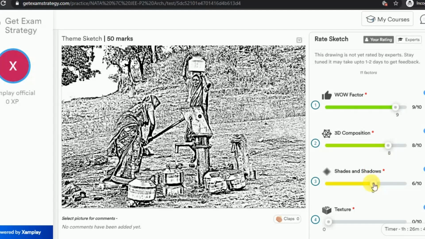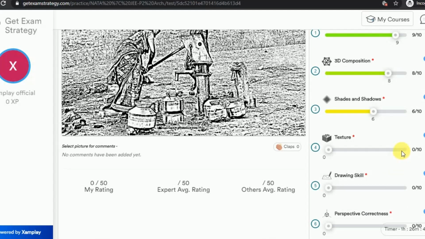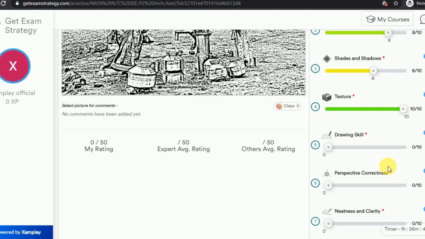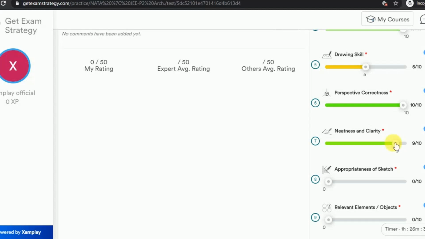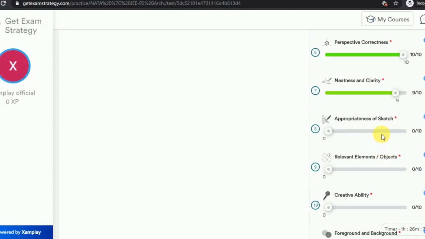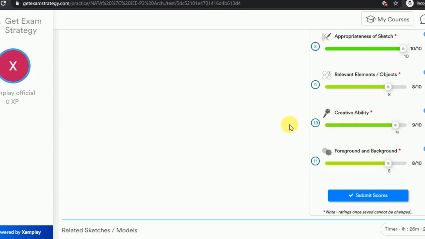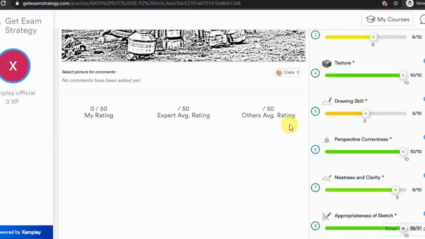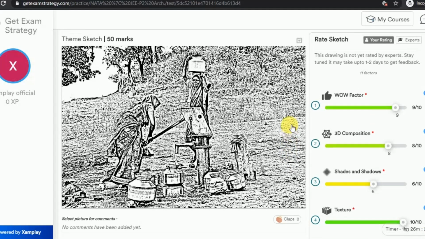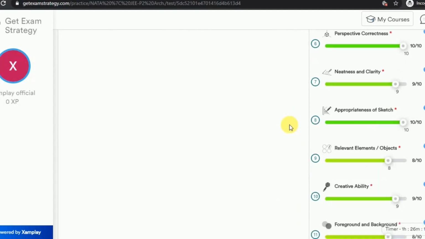Alright, so pick what you think is the appropriate marking for your sketches. Okay, so once you have self-evaluated, you have to click the submit button.